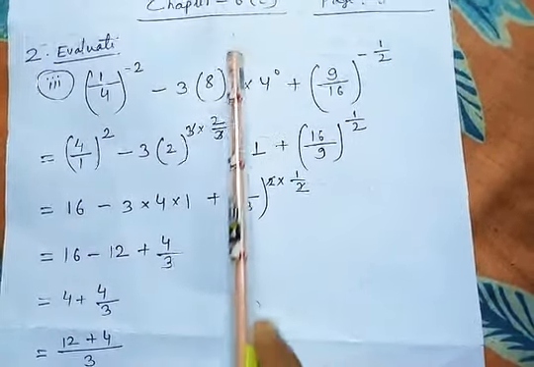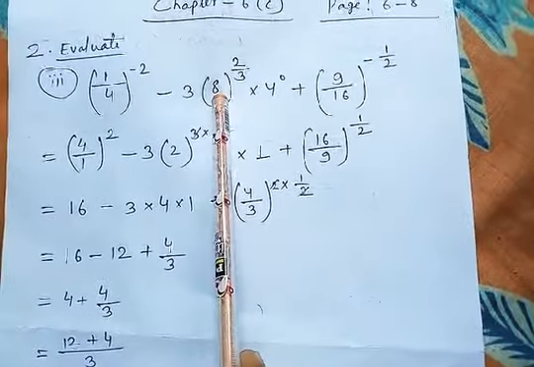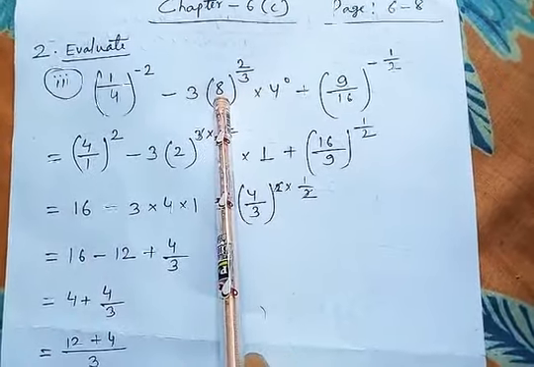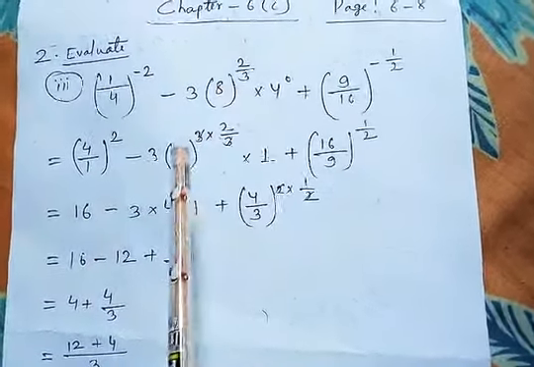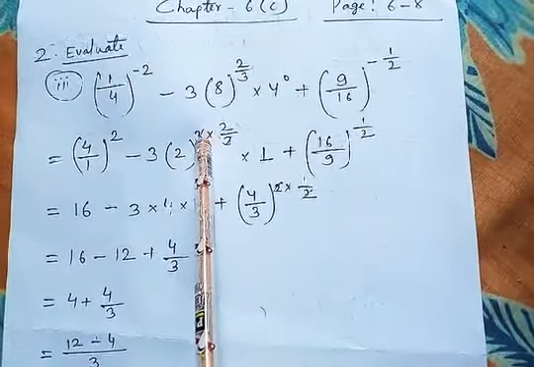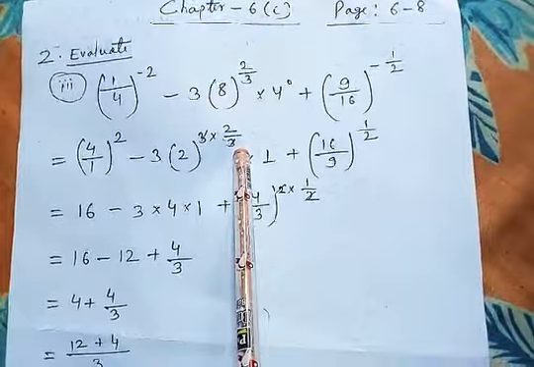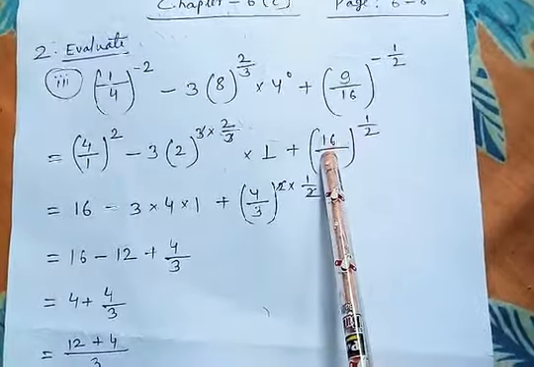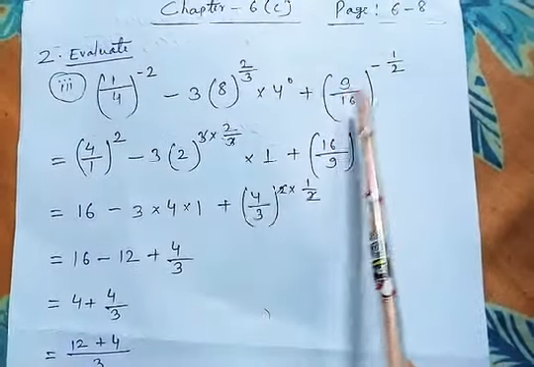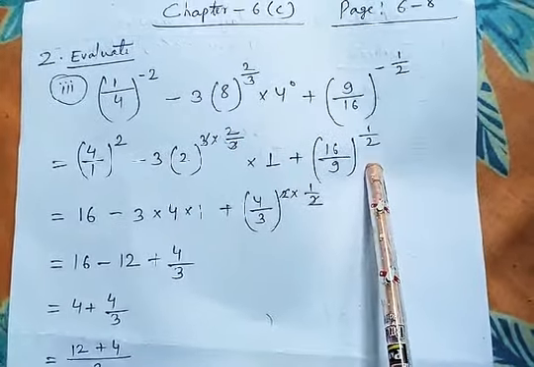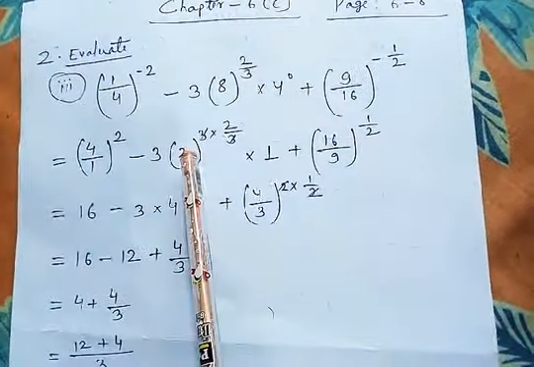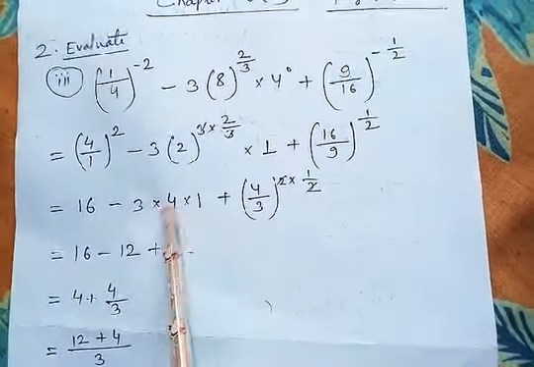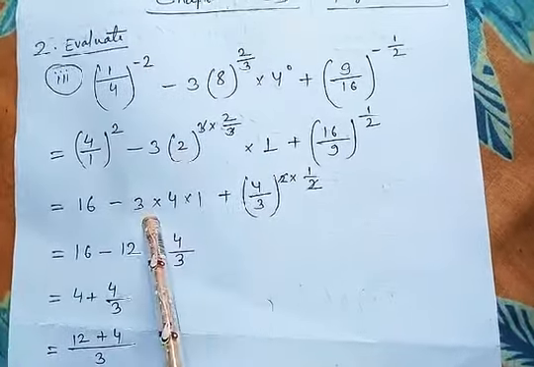Now here 2 by 3 is positive, so break 8 in such a way that we can cancel this 3. We have to target this 3 such that 8 is the cube of what? 8 is the cube of 2. So 2 cube is 8, and this 3 also got cancelled. And this 3 is the same, and anything to the power 0 is 1. As here the power is negative, we will make it positive. 16 by 9, we have to interchange this, and the power became positive. Now 4 square is 16. Now 2 square is 4. So I can write 3 into 4 into 1. These 3 numbers got multiplied.